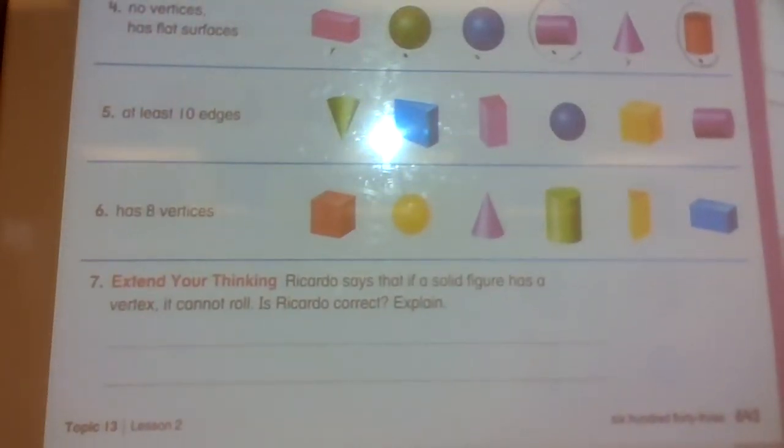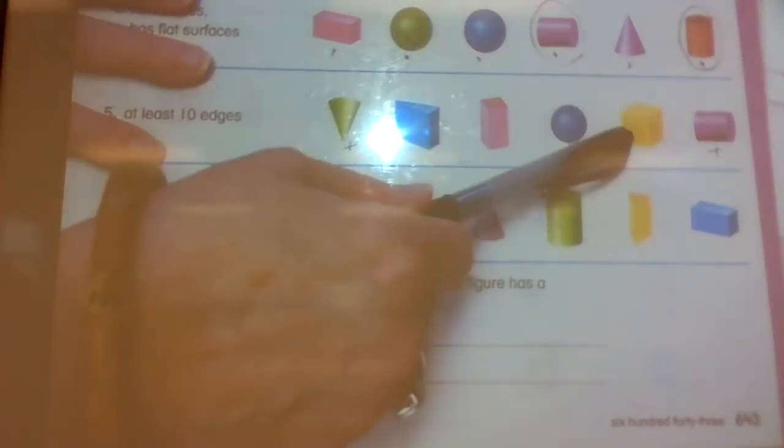Okay, now number 5. Number 5, we can kind of figure this out on our own, or we can use that white page in your take-home folder. So let's see, 10 edges. All right, so that's a lot of edges. So we actually can do process of elimination here. Okay, no edges, and if we go to sphere, no edges, no edges. So we've already gotten rid of 3. So then we have a triangular prism, rectangular prism, and square prism. Okay, it has to have at least 10